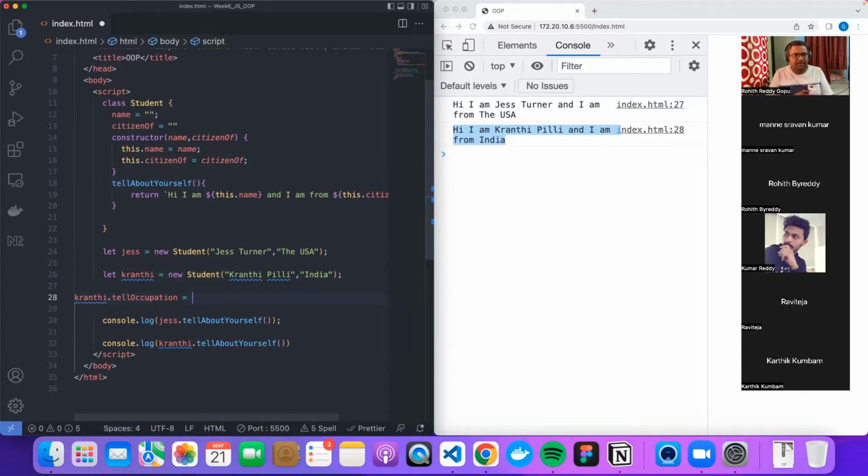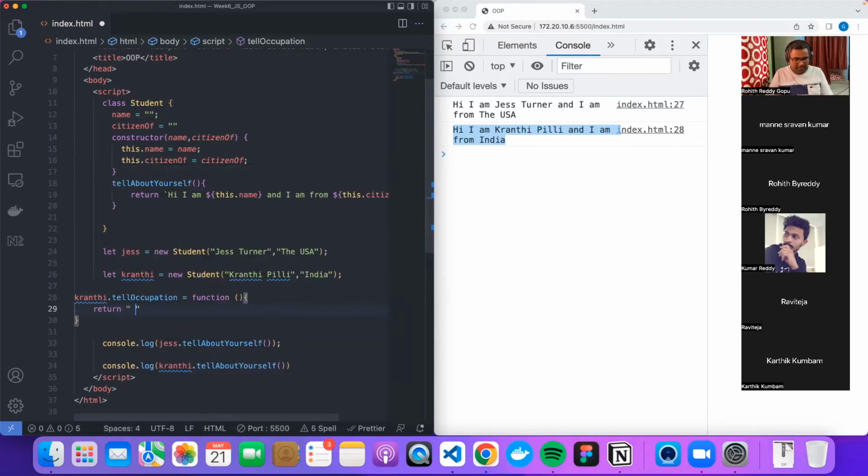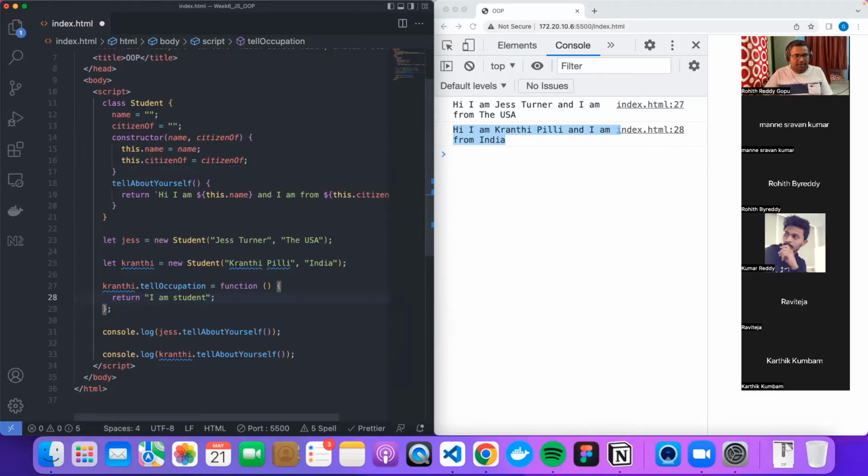So now my occupation is maybe a function that returns: I am student. Okay, now